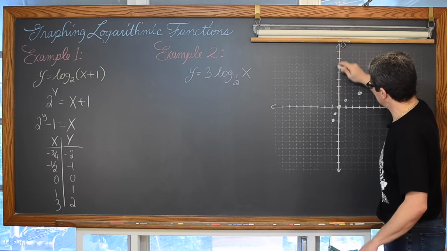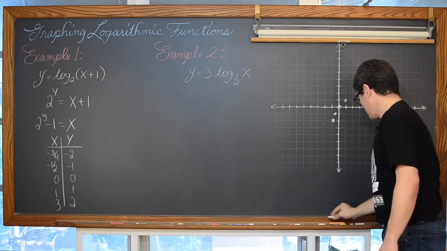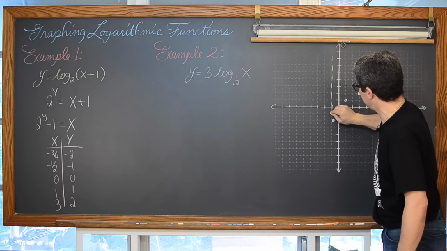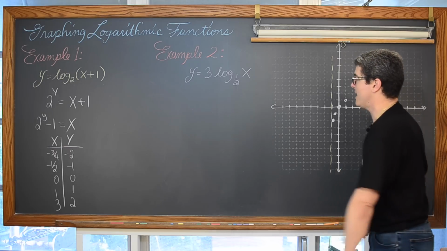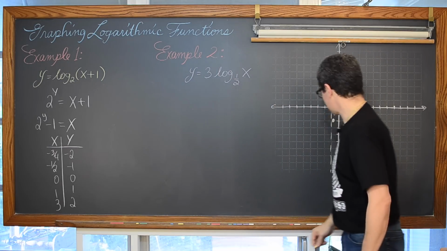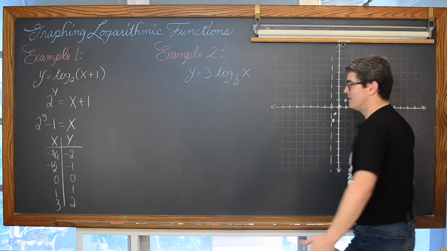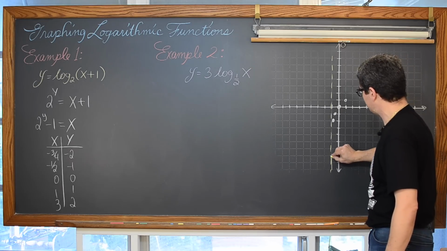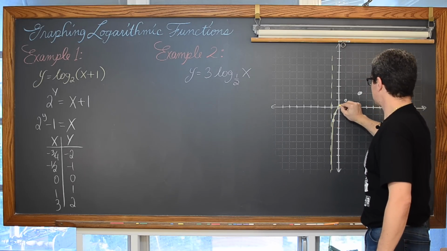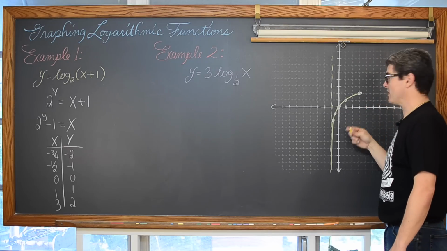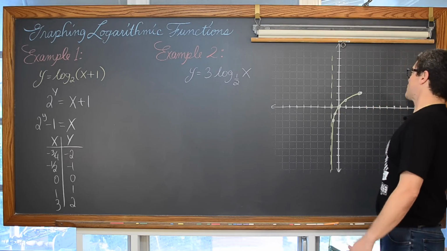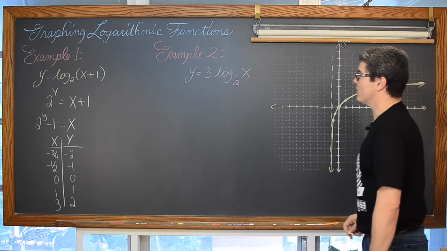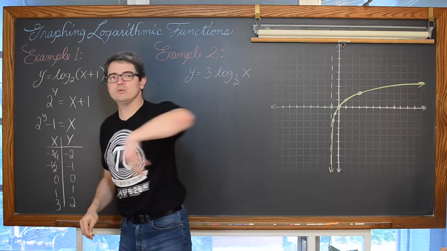And we can see the graph is curving down. And the first one, which I really intended on doing in yellow, is going to look like this. Instead of the vertical asymptote being at x equals 0, it's going to be at x equals -1 because of that horizontal shift to the left, which I didn't even have to think about. The table of values, you could see that developing, and our graph looks something like this. Now, it's sort of a sketch and sort of a graph. This part of the graph is really accurate, but I'm not sure how quickly it's going to climb as we go to the right, but it's going to look something like that. So now we've got our first graph done. y is equal to log base 2 of x plus 1.